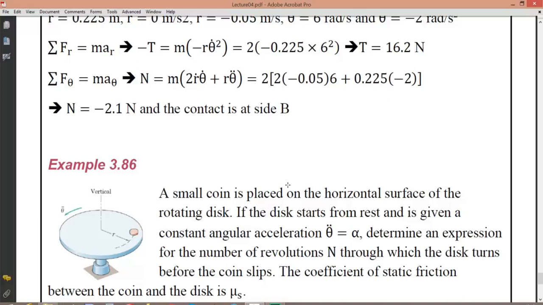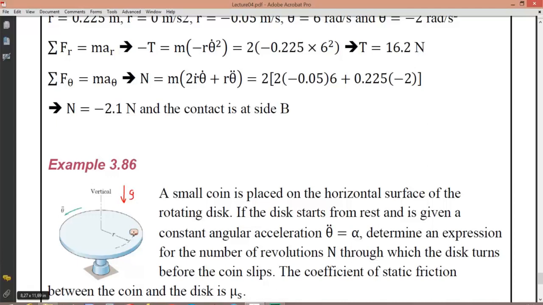This is our last example for this lecture number 4, and we have a coin now on a rotating table. The vertical direction is already described, so we know that the gravitational acceleration is vertically downward. So it should be applied in this direction. There is our gravitational acceleration, and